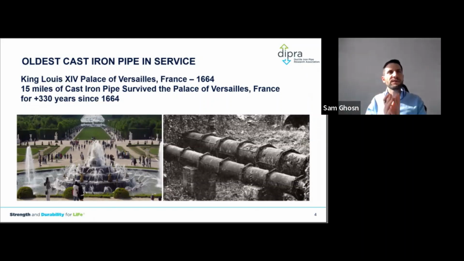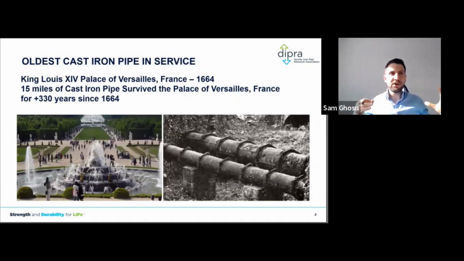These 2 pipelines, folks, served for 330 years, and they were decommissioned in 1990. So how come these pipelines served for so long and the return on investment is astronomical in this case, where some of the iron pipes installed, a lot of it in Ontario in the 50s, 60s, 40s, even in the 80s, without corrosion control, suffered from corrosion and had so many issues, and they were ultimately replaced by cheaper, weaker pipe materials that we deal with today, where other municipalities across North America are still relying on ductile iron pipe.